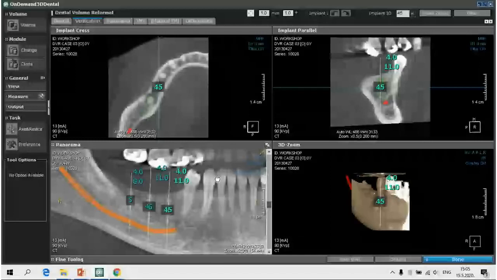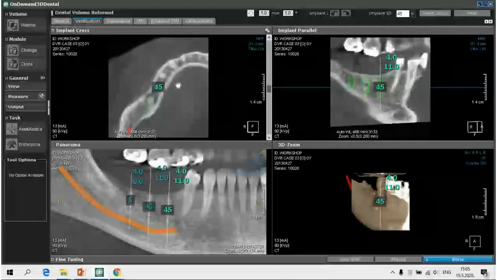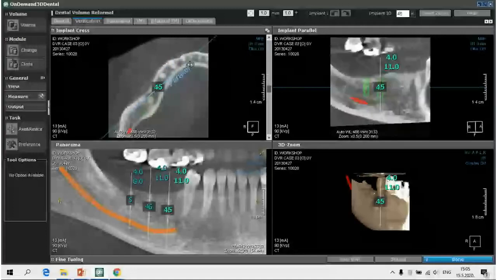And then we will choose which implant we would like to assess in this verification mode. I will click on the implant 4-5, or 45, however we call that. And now a substantial part of orientation on this picture is the implant itself. The implant is the center of our orientation. And when we move this tomographic line, which is marked here in blue, and is really heavily visible on your screen, probably in the upper left picture,